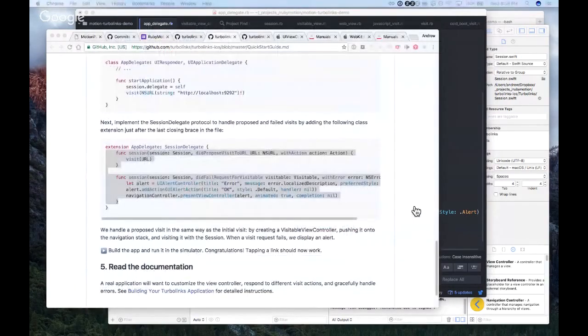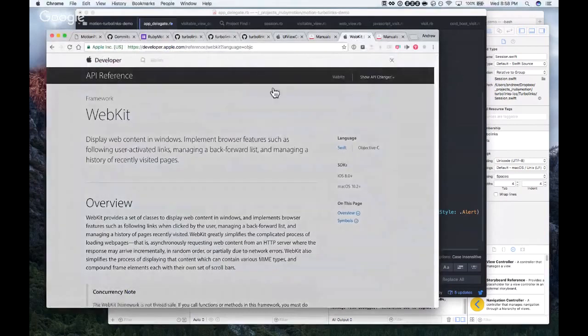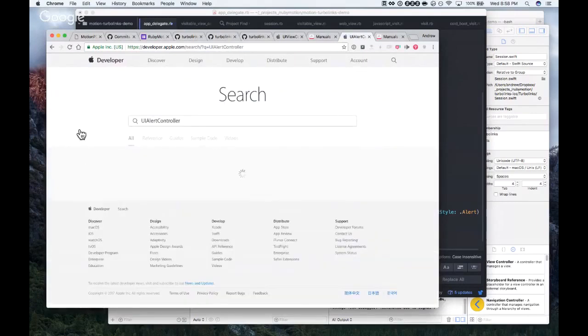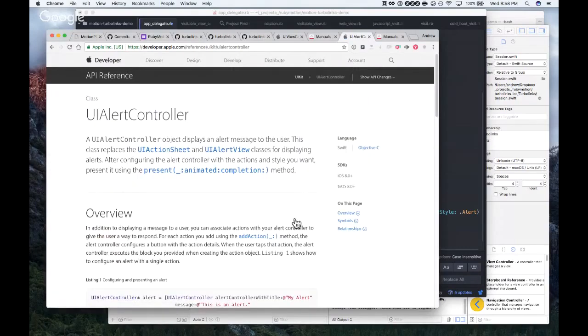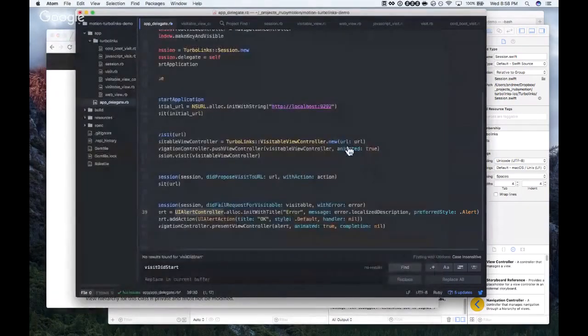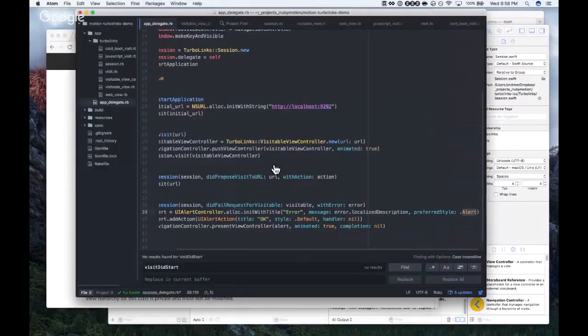No, that's once again one of those things I use Dash for. There it is in the example. UI alert controller style alert. Ah, okay.